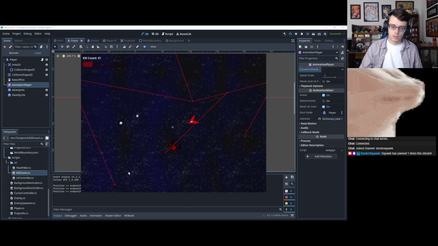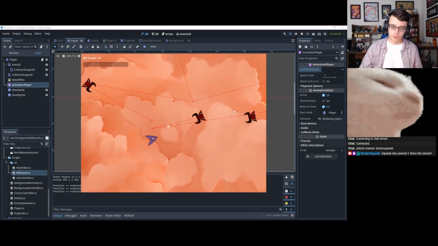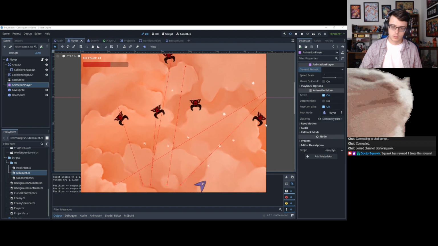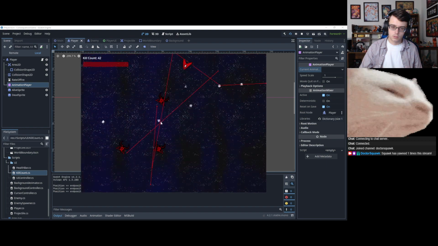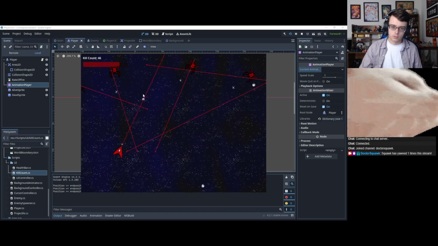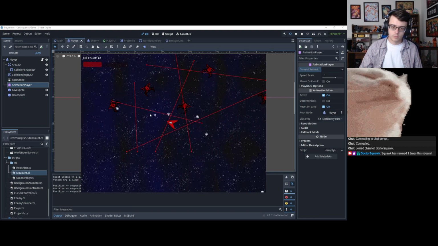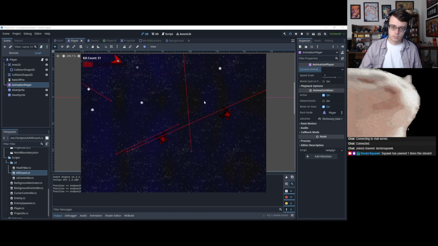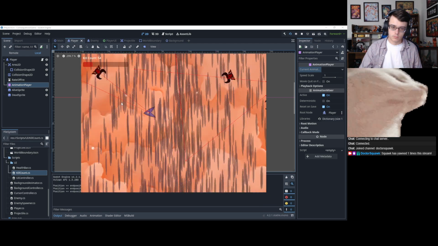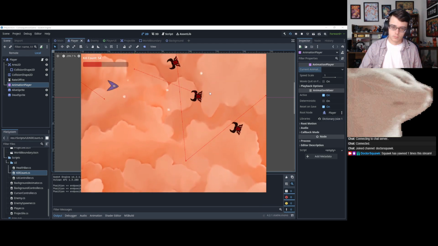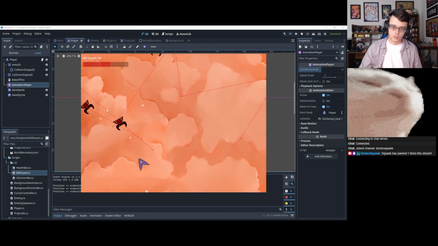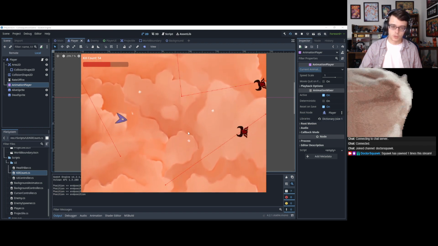Still don't understand what this is. I think the player's projectiles might still be going outside of the scene. This is a panel. Why didn't it actually do anything? I don't get it. Yeah, I don't think that interrupts anything too much, especially since the enemies are going to be frozen too.